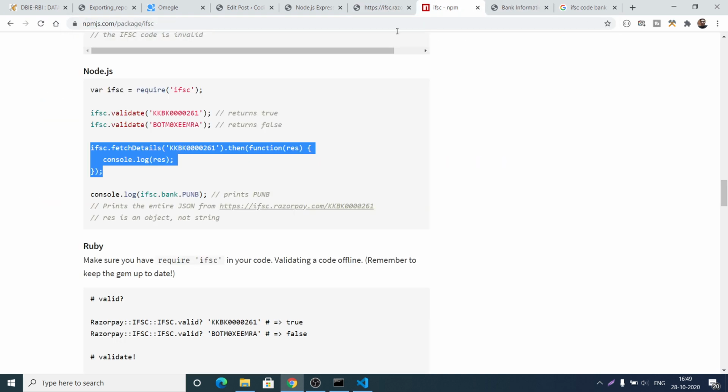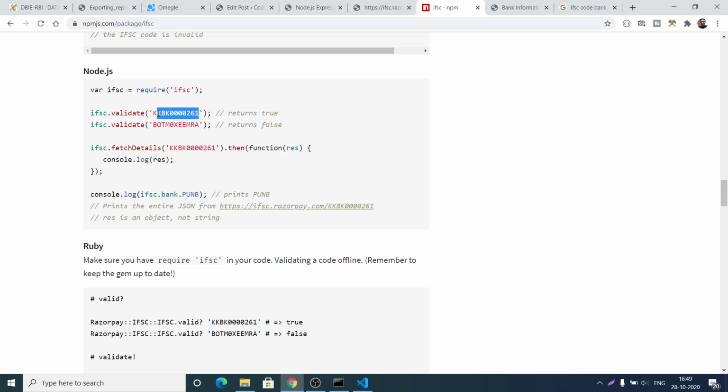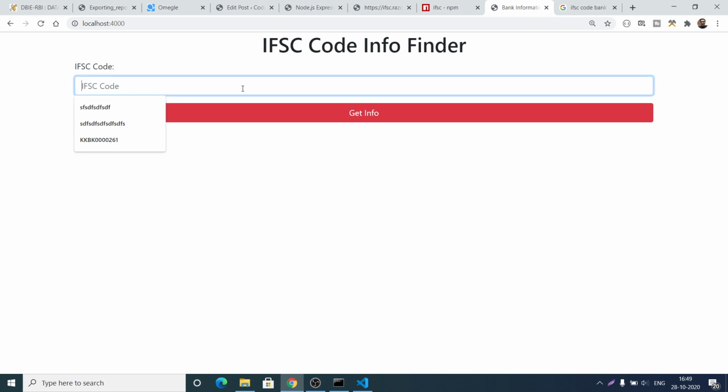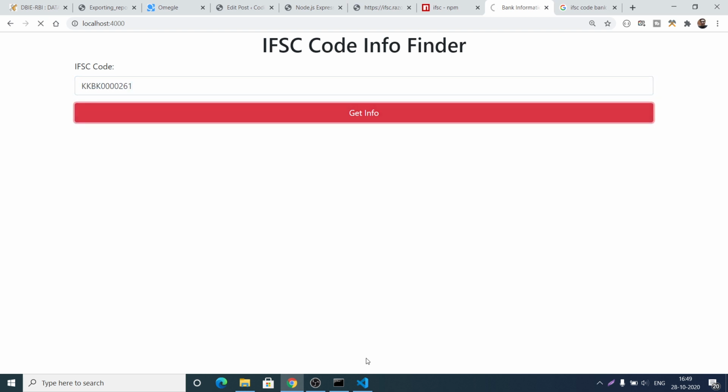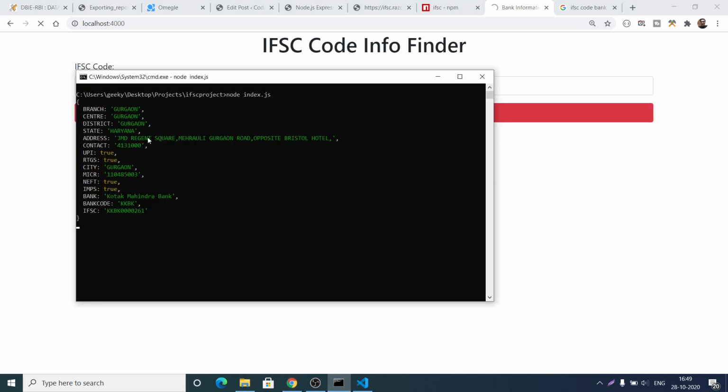if I input the correct IFSC code, so if I copy this, you will see, if I click get info, you will see inside this JSON response, it has outputted all this information: branch, center, district, state, address, contact, UPI, RTC, city.